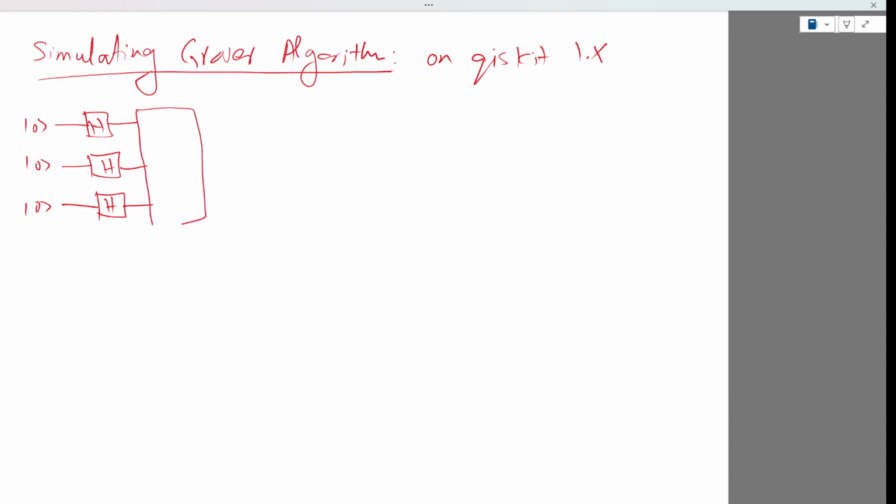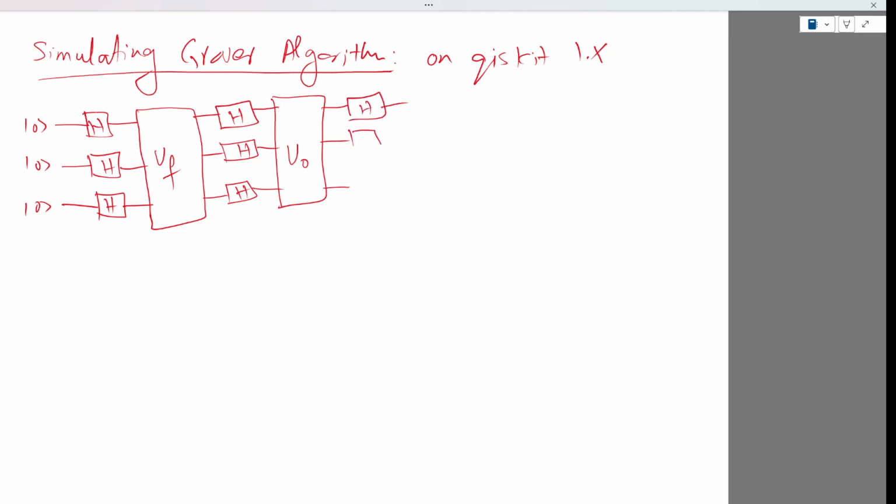There is this oracle UF that marks a particular state, and then there is this layer of Hadamards that is part of the Grover reflection operator, and then there is this function U naught, and then Hadamards,